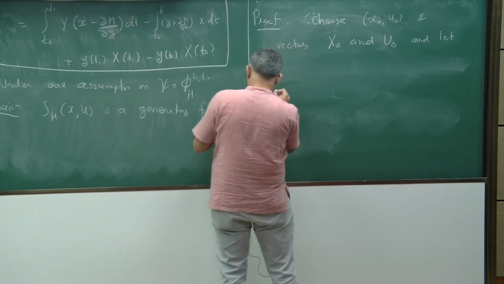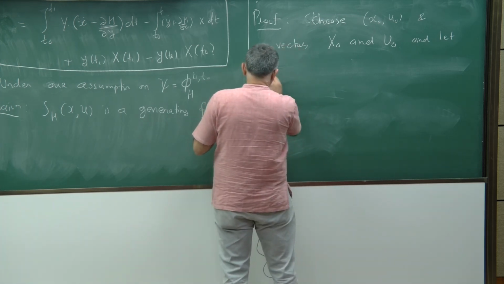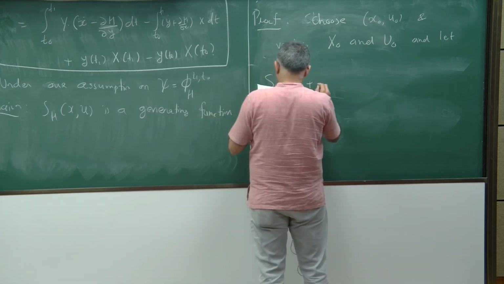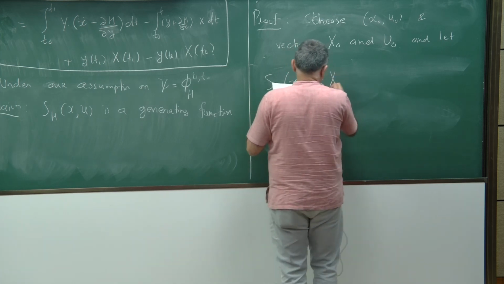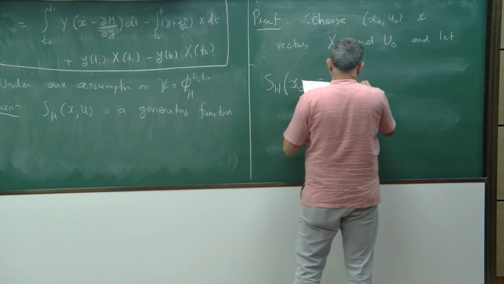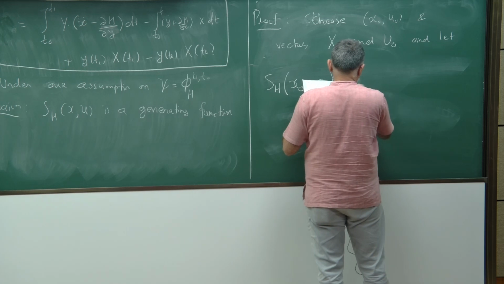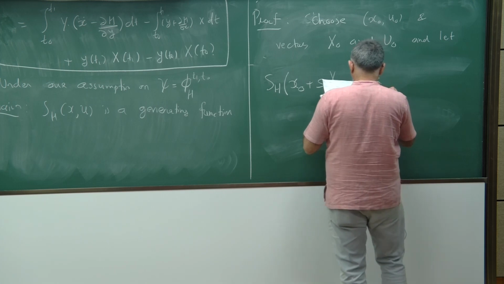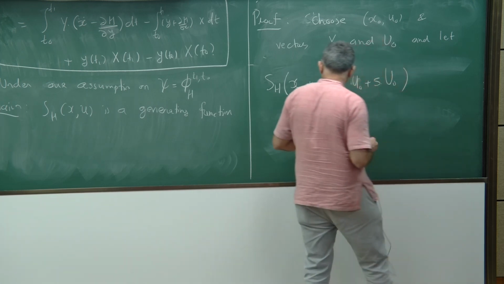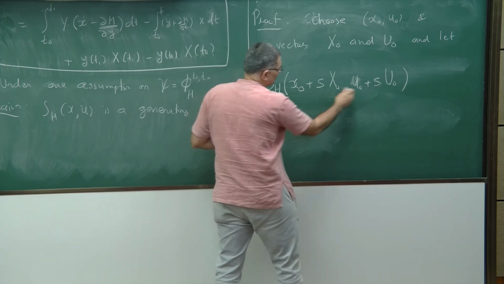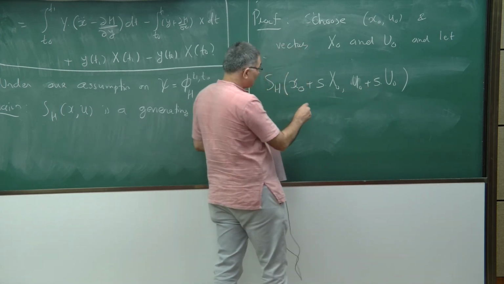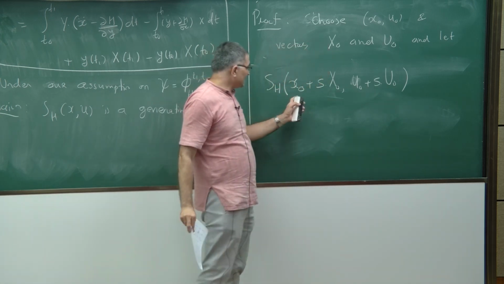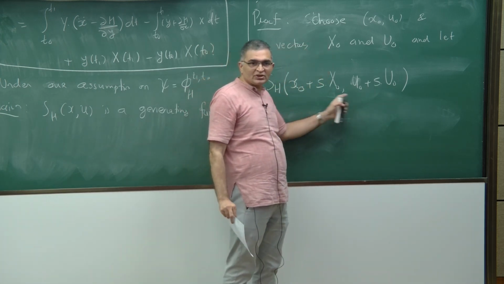So, I want to look at S at these values x naught plus s x naught and u naught plus s u naught. Now, I can regard this function S as a function of x and u because of this uniqueness